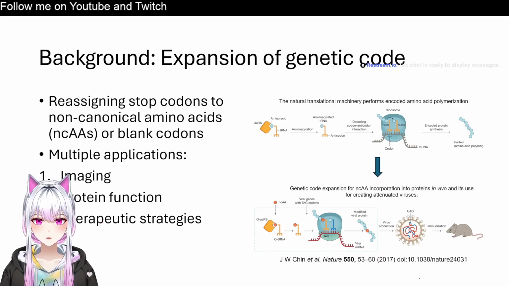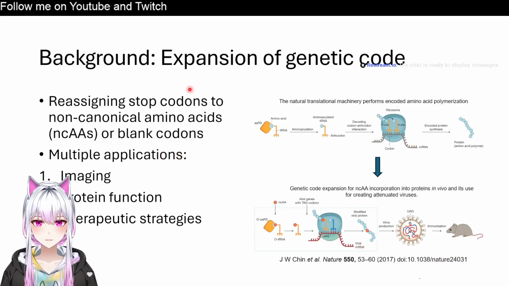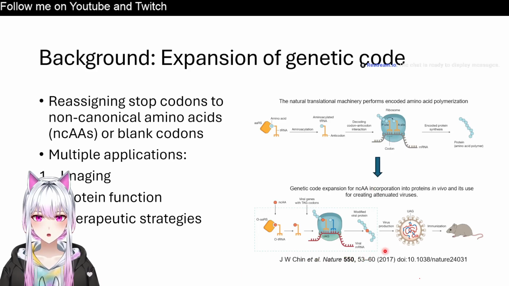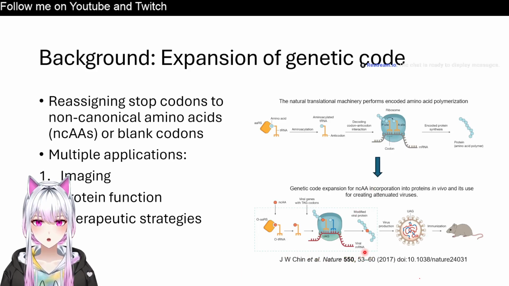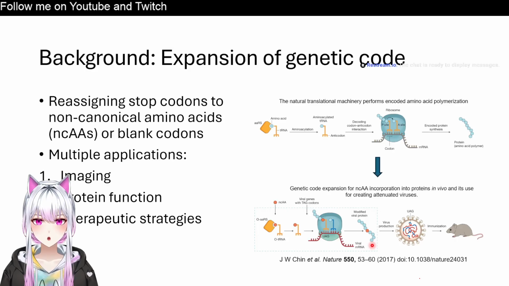And lastly, what people like to do is called therapeutic strategies. What I mean by that is they exploit these to make medicine. One of the things that people do, for example, is introduce what we call amber stop codons into the genomes of viruses like Hep B virus, HIV, or even influenza A. And this is such that these viruses can only replicate in cells that contain these amber codons. So this, in a sense, would help the production of various viruses